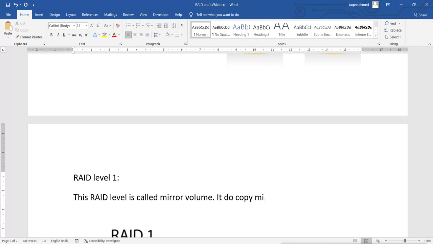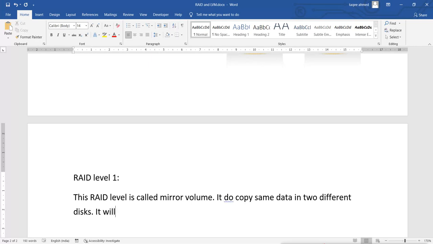I can say it copies the same data into two different disks. So we copy the same data into two disks. Now I'm saying two disks, I'm not saying multiple disks, because that is the limit of this mirror volume, this RAID level 1.